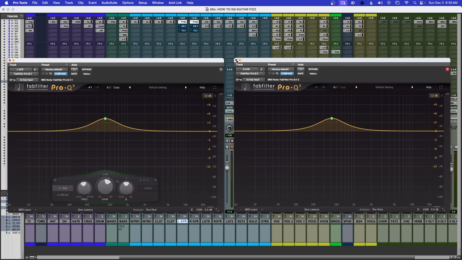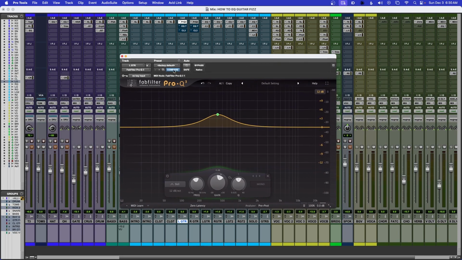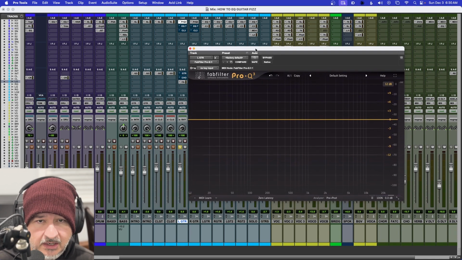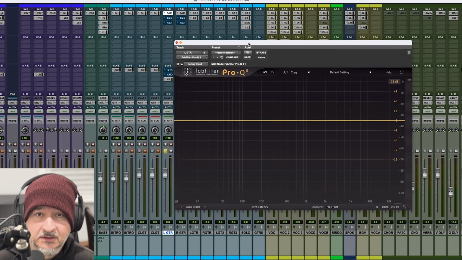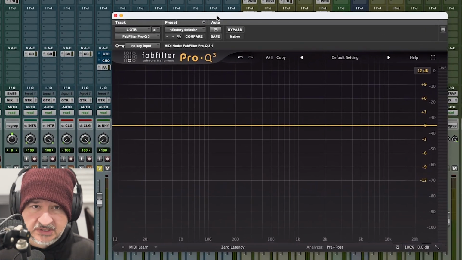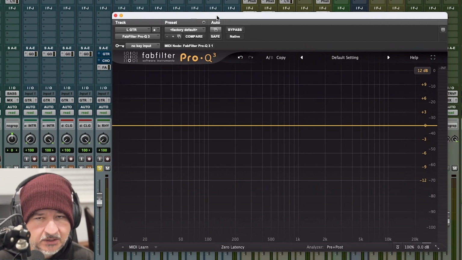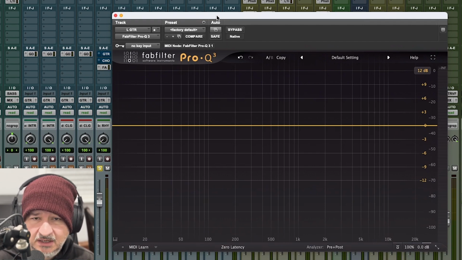All right, so I can close this one. I don't need to see this one, and I'm going to solo the tracks so we can listen to it. And again, I'm looking for the fizz, that whistle sound that you usually hear on heavy rhythm guitars. And I'm just going to duck it down. I'm not going to remove it all the way. I see some engineers that remove it altogether. No, I just take a couple of dBs away